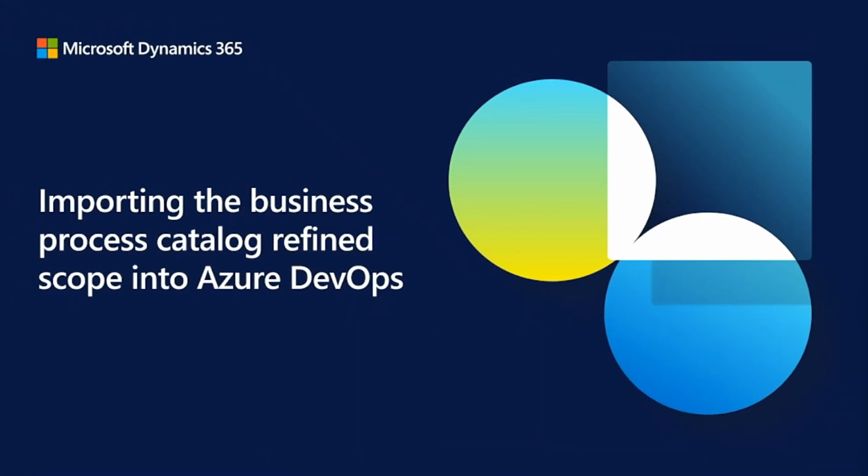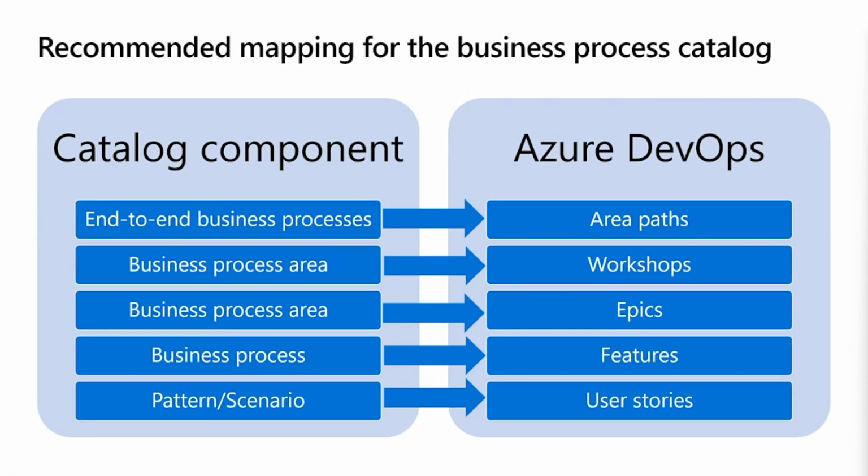All right, so now the moment you've all been waiting for. We're going to switch gears and talk a little bit about how to import the business process catalog and your refined scope into Azure DevOps. Before I do the demonstration, I have a few slides to help introduce this and give you a high-level overview